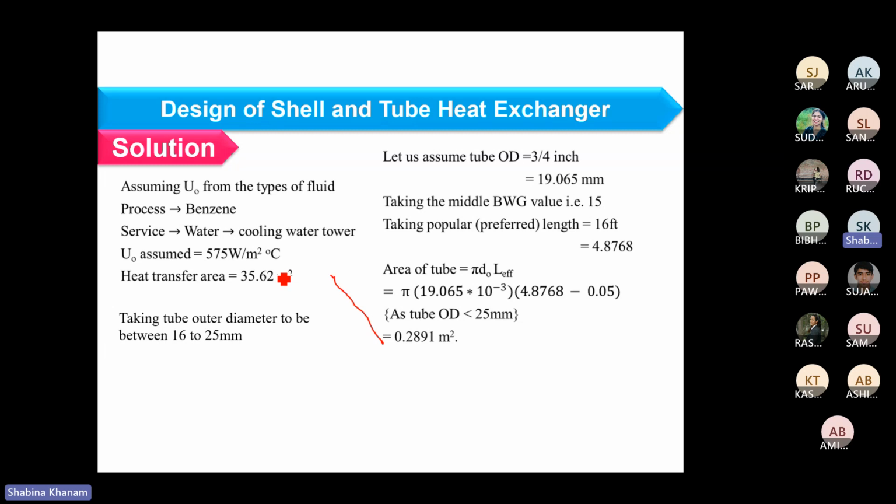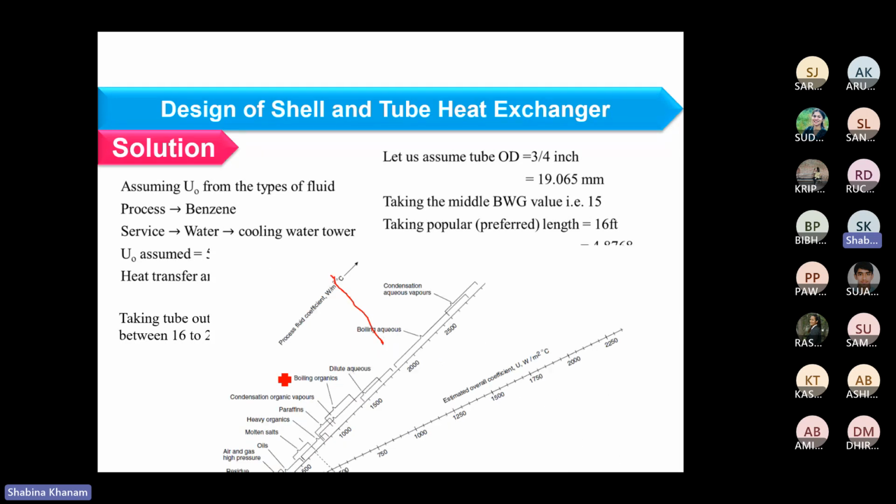Now the next step, if you remember, is to find the number of tubes. When you are considering the number of tubes, you need to consider the area of one tube, and for that you need to consider the dimension of the tube. So when we are considering the dimension of tube,